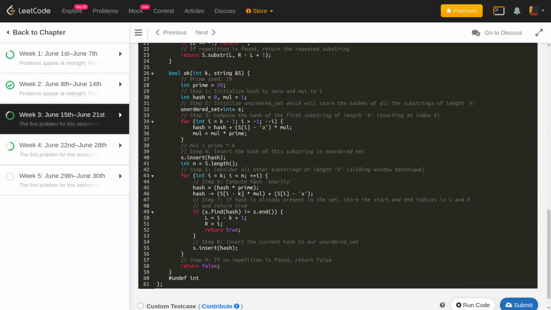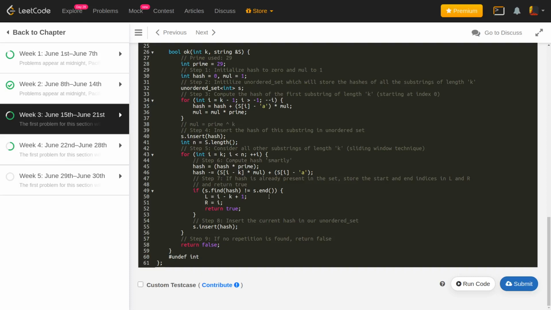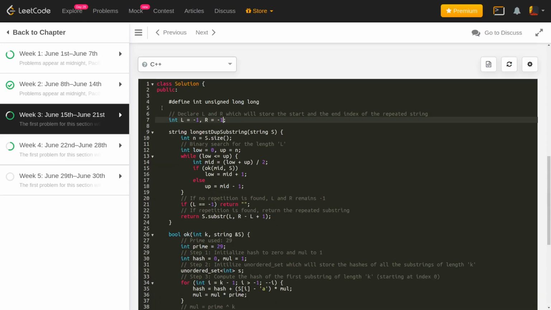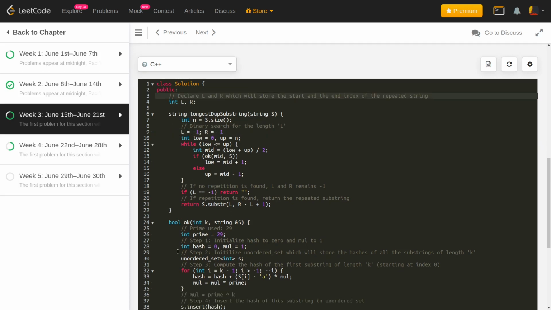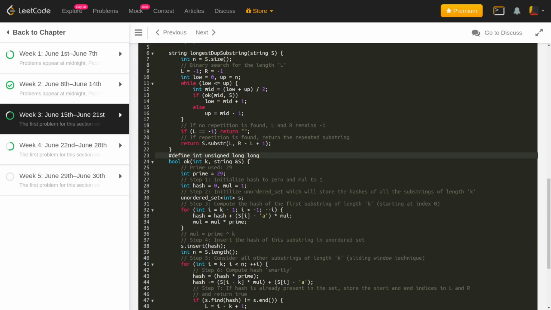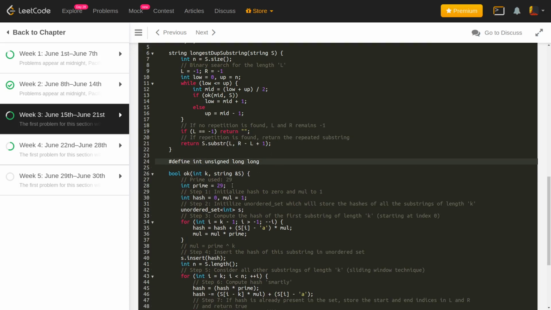Okay, and with that, our implementation is done. Oh well, but before actually doing this, remember that we had initialized this ln_r with -1, right? So what we'll be doing is, actually we should not initialize it here. So we'll initialize this ln_r as -1 here, first thing. And second thing is, since we only need this long integer thing for our OK function, I'll just be defining this thing here. Actually, ideally I should be using this hash as long and all those kinds of stuff, but this is just a hacky way to quickly make all the integers as long.